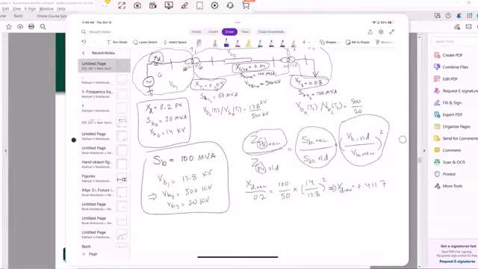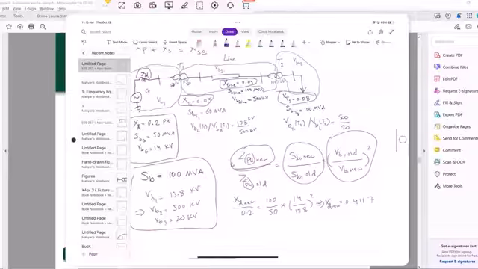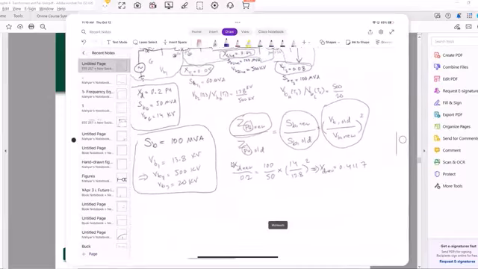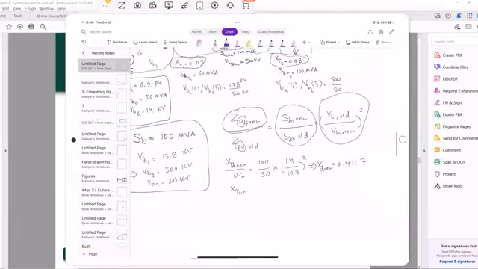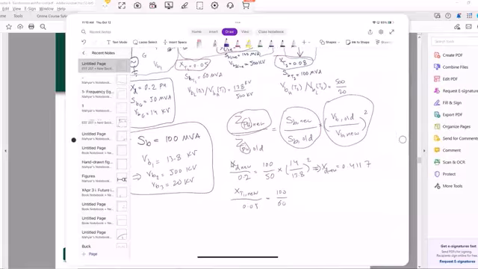Now, let's go to the next device. So we're talking about transformer 1. The old value is 0.05. The old base is 60 MVA. What is the old voltage base? The old voltage base would be the one on the low side or the one on the high side, whichever you want to choose. So it's either 13.8 or 500. I'm going to just explain it here. So XT1 new over XT1 old, which is 0.05, is the same as the new base for power, which is 100, over the old base of power, which was 60, times